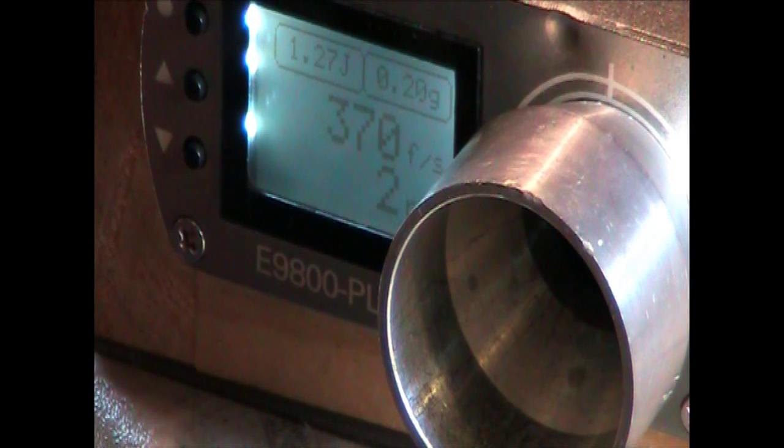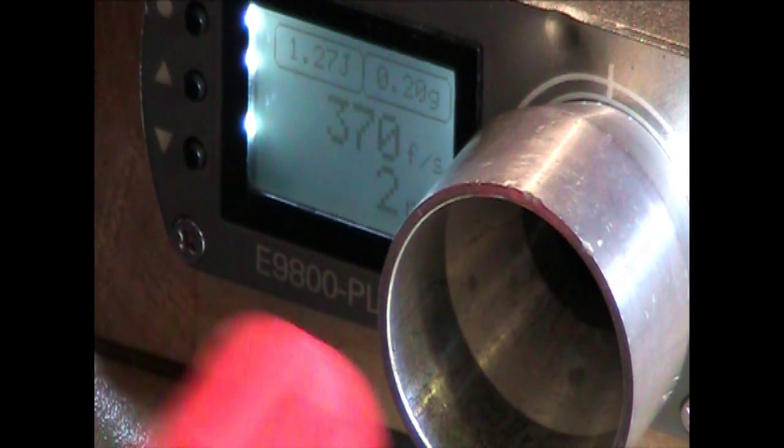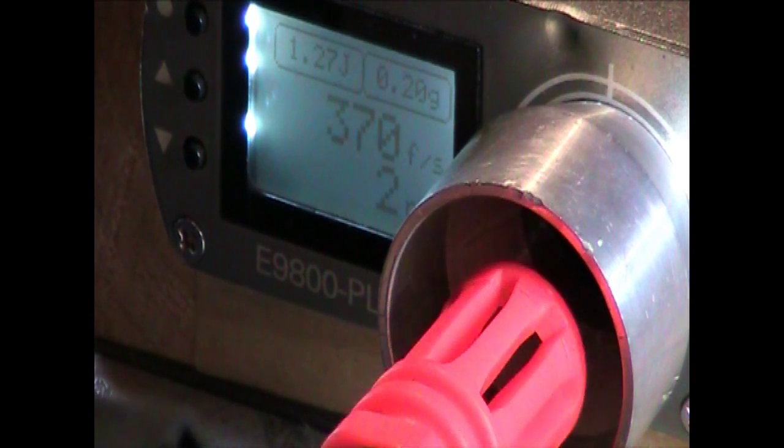Okay, this is after the change. I wanted to show this. I did use the bucking that came with the gun, but I'll show this after the setup here. You can see it's 370. I can only shoot full auto here now, so